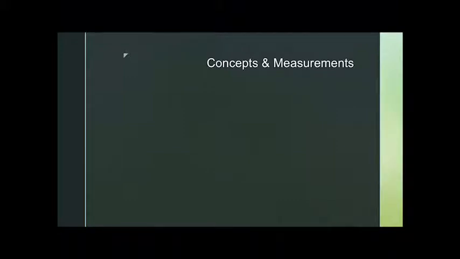So I want you to be able to understand just some basic concepts and measurements within epidemiology. So I'll just kind of go through these pretty quickly. They're pretty self-explanatory. Morbidity, as you probably already know, when we talk about comorbidities, is the state of being diseased. So comorbidities are having different states of disease, different diseases. And then we have mortality, which is actual death. CDC puts out what they call the Morbidity and Mortality Weekly Report, MMWR, a scientific journal that goes through all of the latest happenings related to epidemiology.